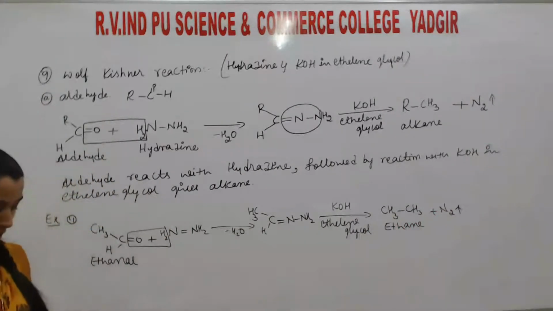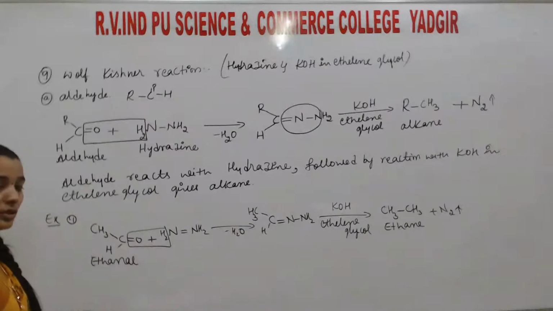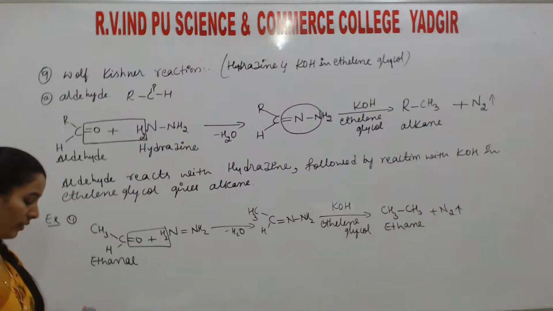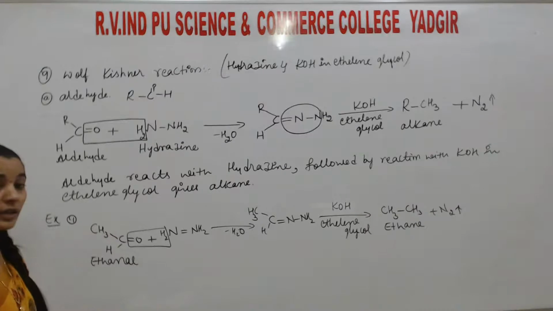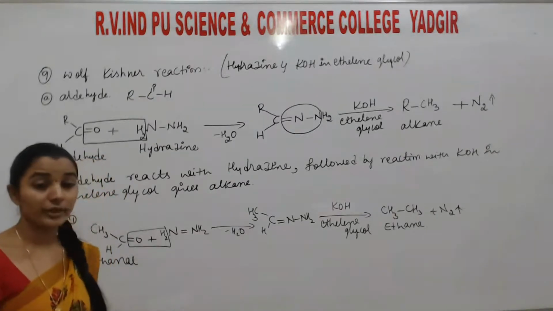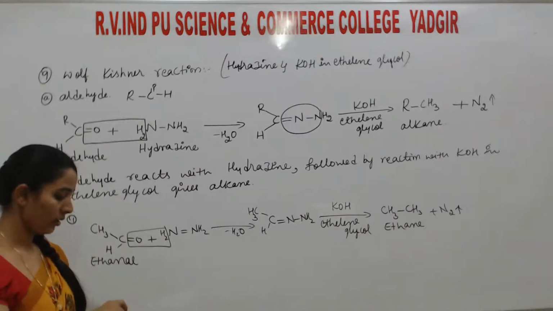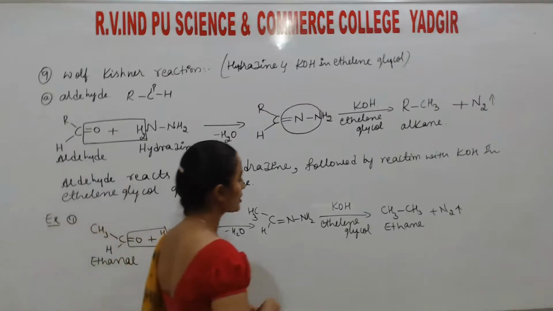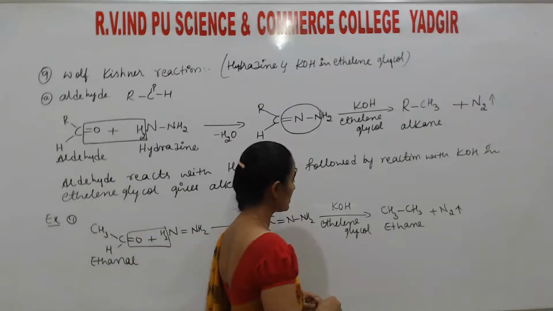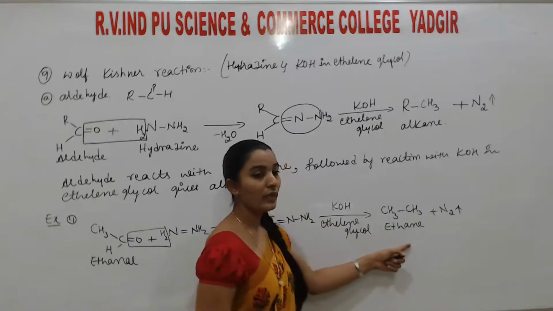So students, when ethanal is treated with hydrazine, it loses a water molecule. When it loses a water molecule, it forms a compound with C double bond N, that is the imine group. Then followed by reaction with potassium hydroxide, alcoholic KOH in ethylene glycol, they form